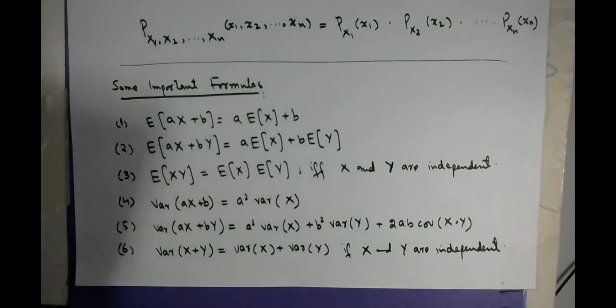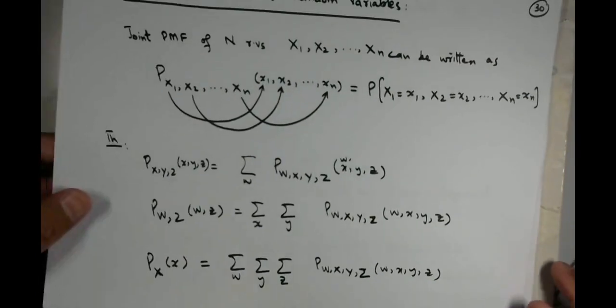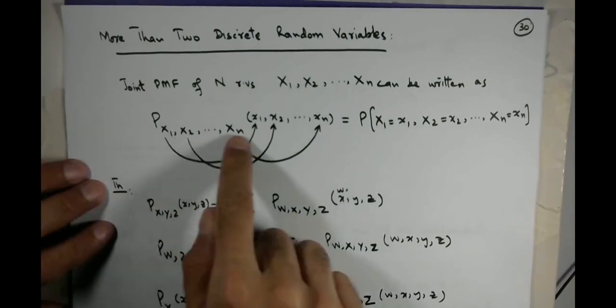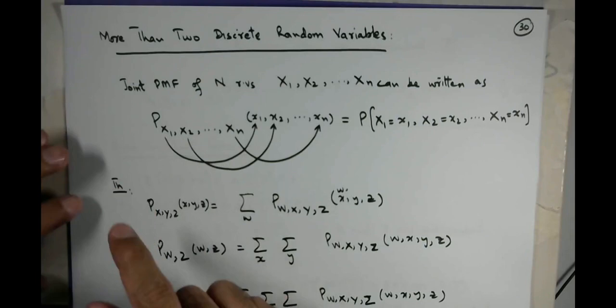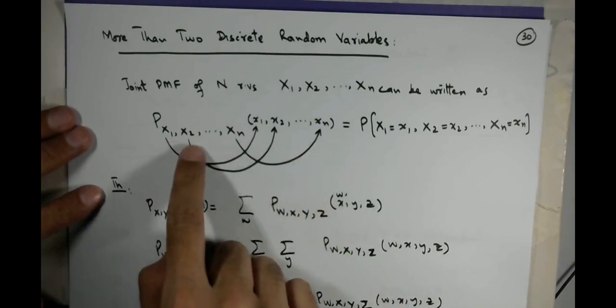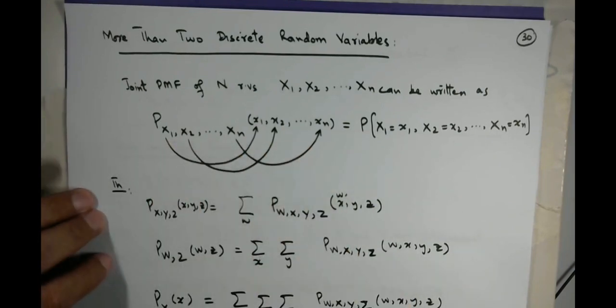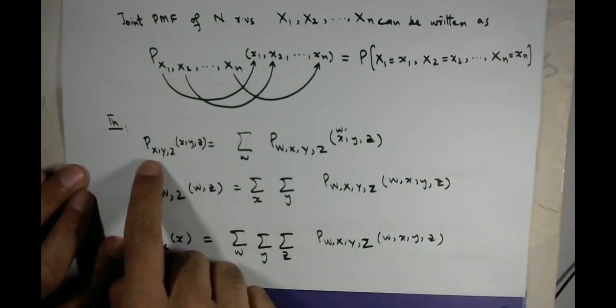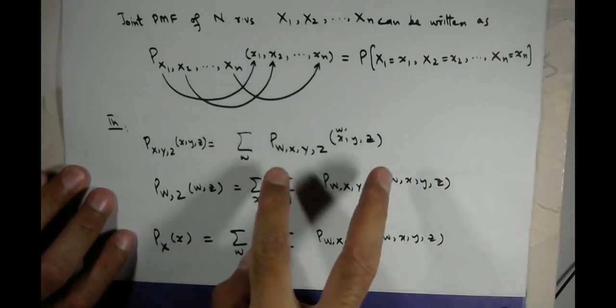A quick look on what we have learned about multiple discrete random variables. If we have to analyze more than two random variables, first you need their joint distributions. Remember this concept of two random variables taken together is easily extendable to more than two random variables. For example, for n random variables, you simply write the distribution as this. And if you want to find the marginal distribution of some random variables from the parent